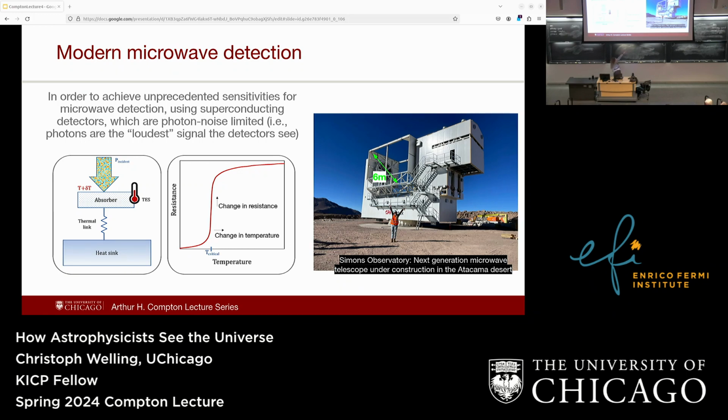Simons Observatory is on its way. This is the telescope I work on that is going to be the next best microwave maps until CMB-S4, which folks at Chicago should be familiar with because it's being funded mostly out of Fermilab, and many of the people at UChicago are very much involved.